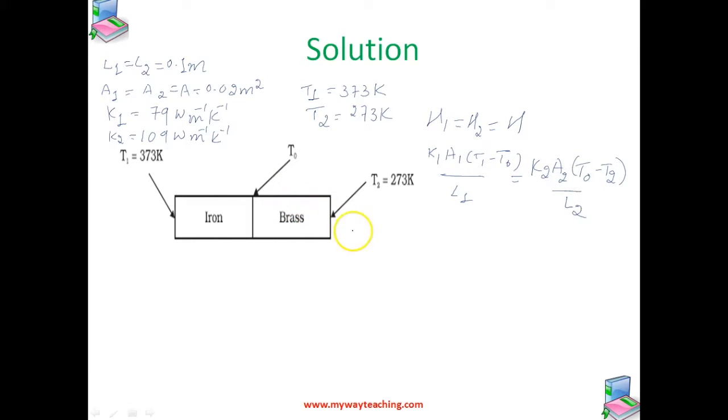Since we know A1 is equal to A2 is equal to A and L1 is equal to L2 is equal to L, this equation takes the form